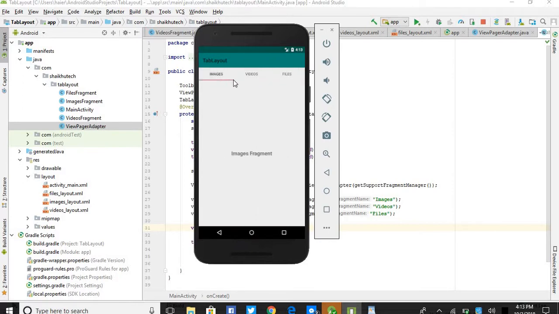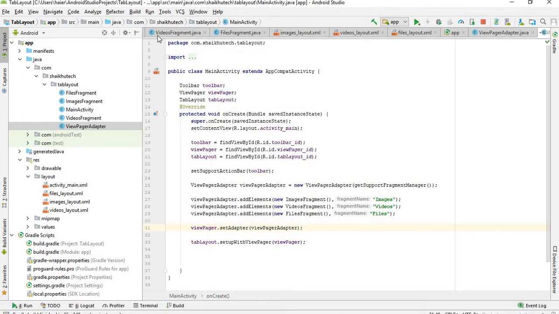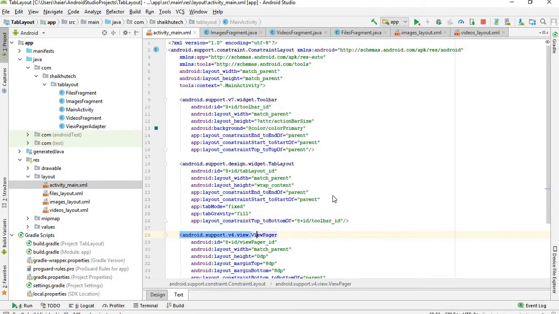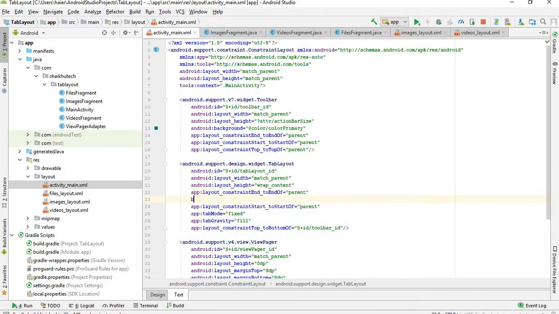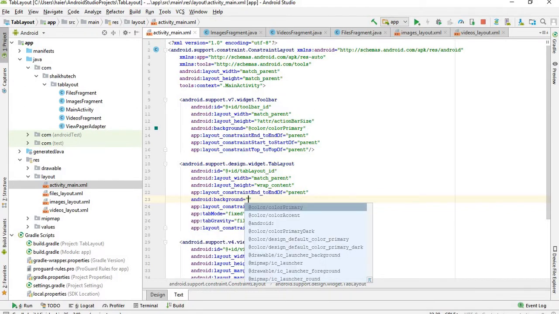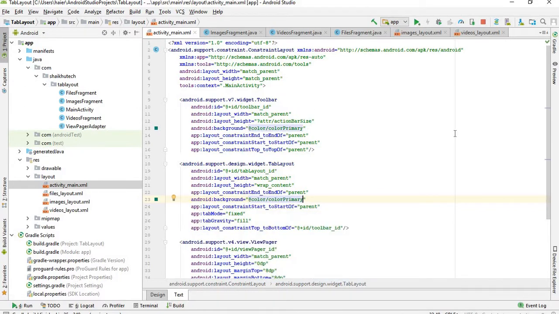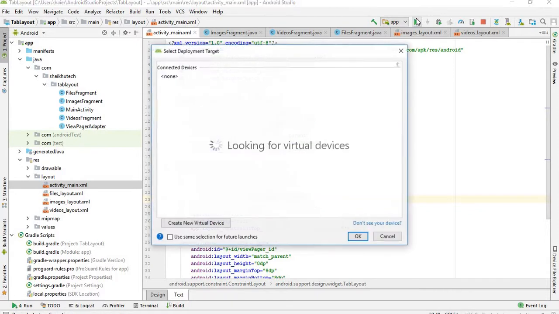One thing you might have noticed is that the background of these 3 fragments is white. I think this needs to match the background of the tab layout. So this is a little mistake over there. See right there how good it is working. So these fragments are created. For that, just go to our activity main and go to TabLayout and make its background color primary. That's alright, perfect. So now its color will be changed,